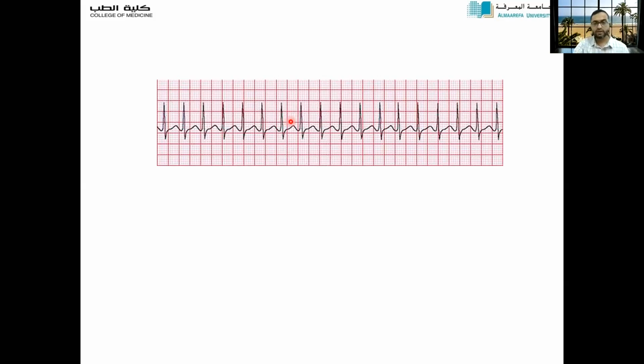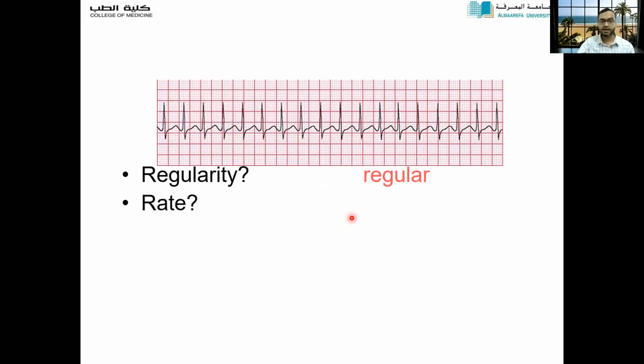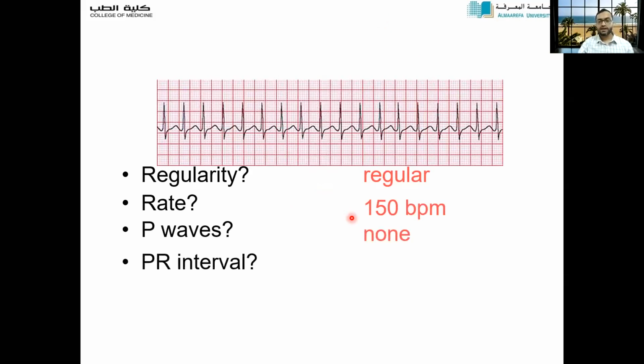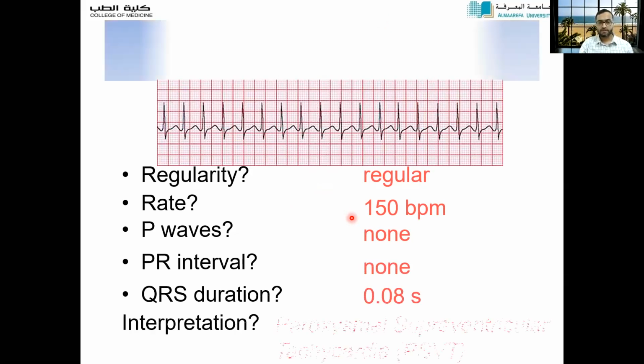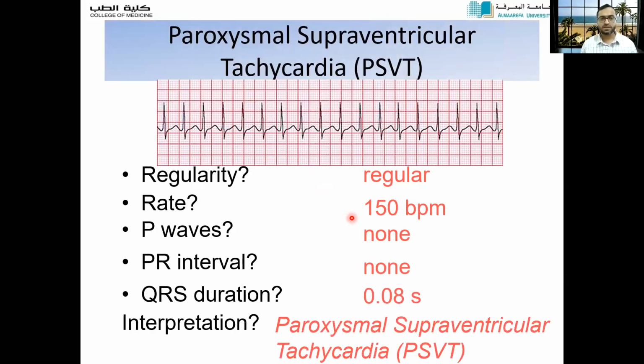Rate is approximately 150 beats per minute. Yeah, it's two big squares. You can see here, two big squares. 300 divided by 2 is 150 beats per minute. P waves are absent. Rate is too high. What is this condition? This is definitely a supraventricular tachycardia, one type of this arrhythmia. You will label it as supraventricular tachycardia. And the final diagnosis is paroxysmal supraventricular tachycardia,